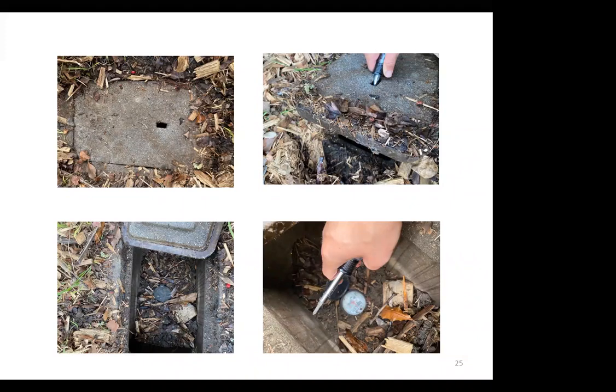There is another black plastic lid you can see in this picture that you'll need to flip open to see the actual meter dial. There are some smart meters, and if you have a smart meter, it will have some wires attached to it. So you do just have to be careful that you're not going to disconnect anything when flipping off the top there.